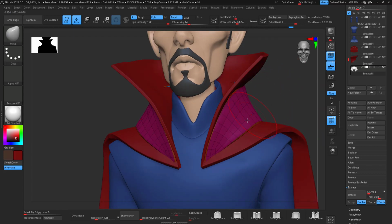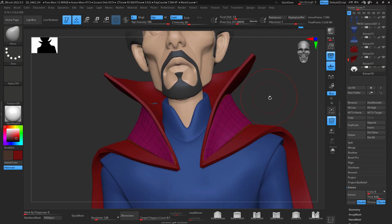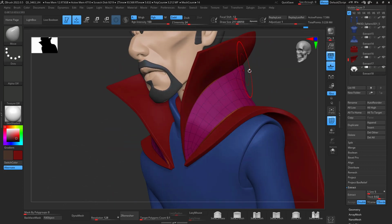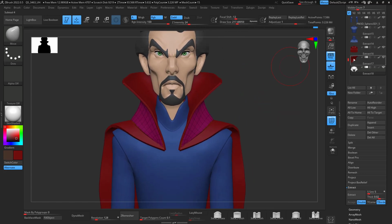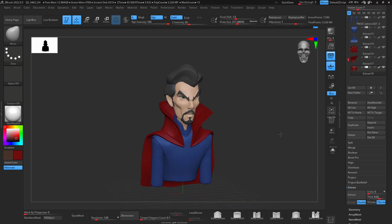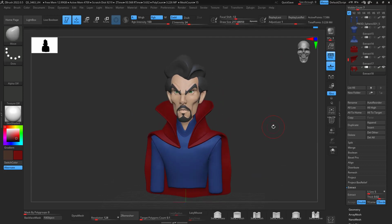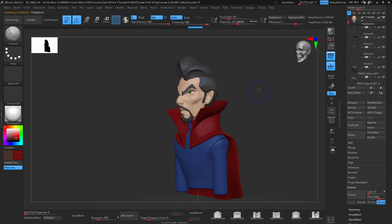Control D, Control D. Let's take this out from there. There you go. Ah, that's much better. Fill object, and there you go. We have that part. That is our cape. Took me a while to do. I'm gonna worry about that after, probably, and I'm gonna go back to my face here,